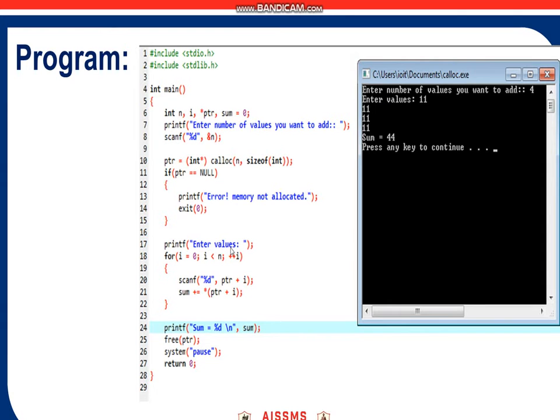Otherwise we ask the user to enter the numbers, and according to that we add them into sum. Later we print the values with the sum by using printf. So here the number of values the user wants to add is 4, and these 4 values are 11 11 11 11, and after that the sum is equal to 44.